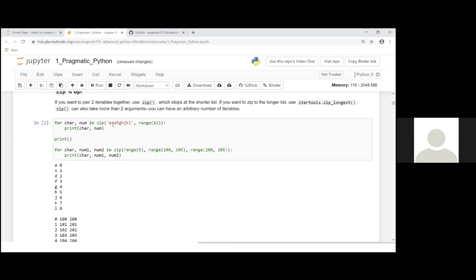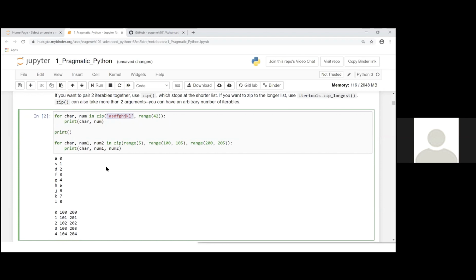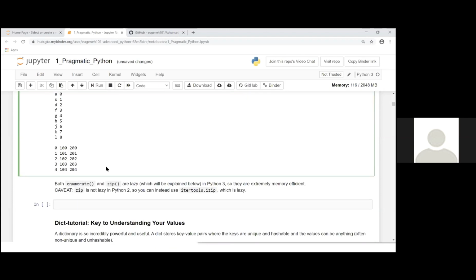So like here, it's zipping through this string and range 42, so it stops at the shortest one. There's something called zip longest, where you can zip to the longest iterable, and then you could go all the way from 0 to 41 in this case, and then you would have to do the fill in for the elements that are not long enough. So there's zip longest as well, but that's less often used.